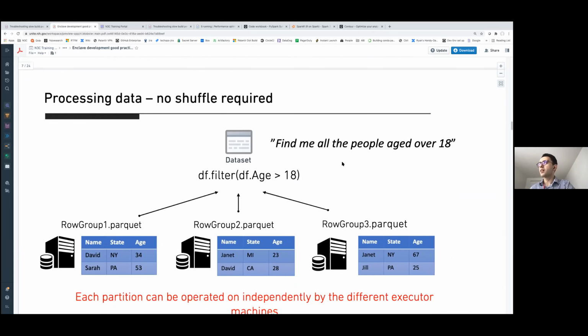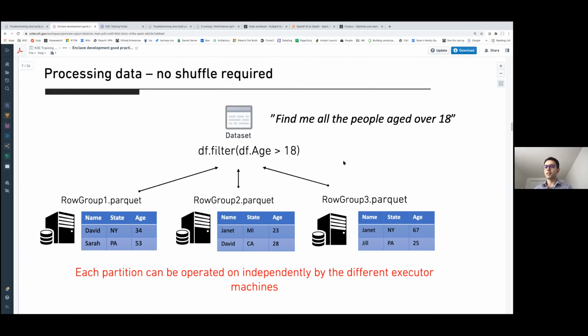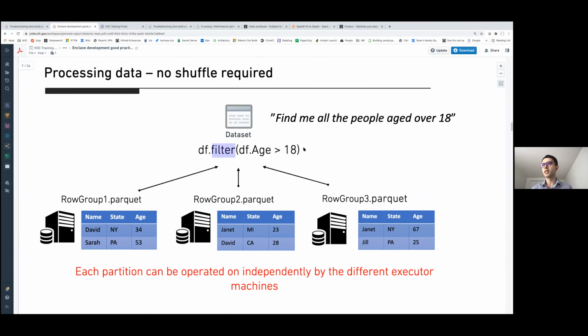And as a result of this model of saving data sets, take the way you run queries such as a filter. For example, if we have a data set where we want to filter to only people of age 18 or older, this query is going to run in parallel across these different files and partitions. So the query can be operated on independently by different executor machines. And that ensures a faster execution,